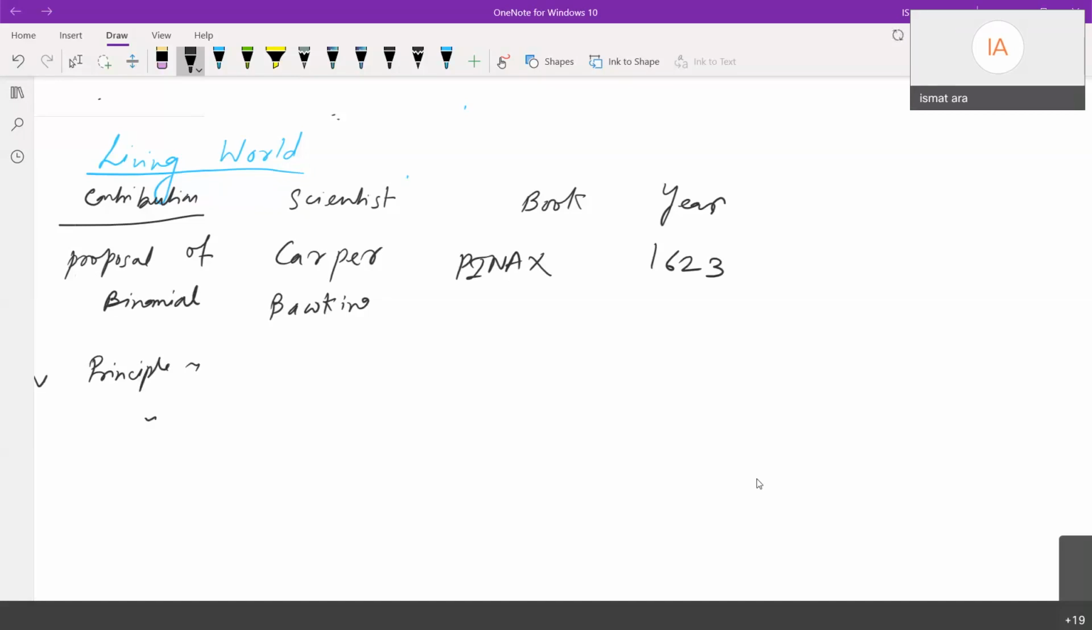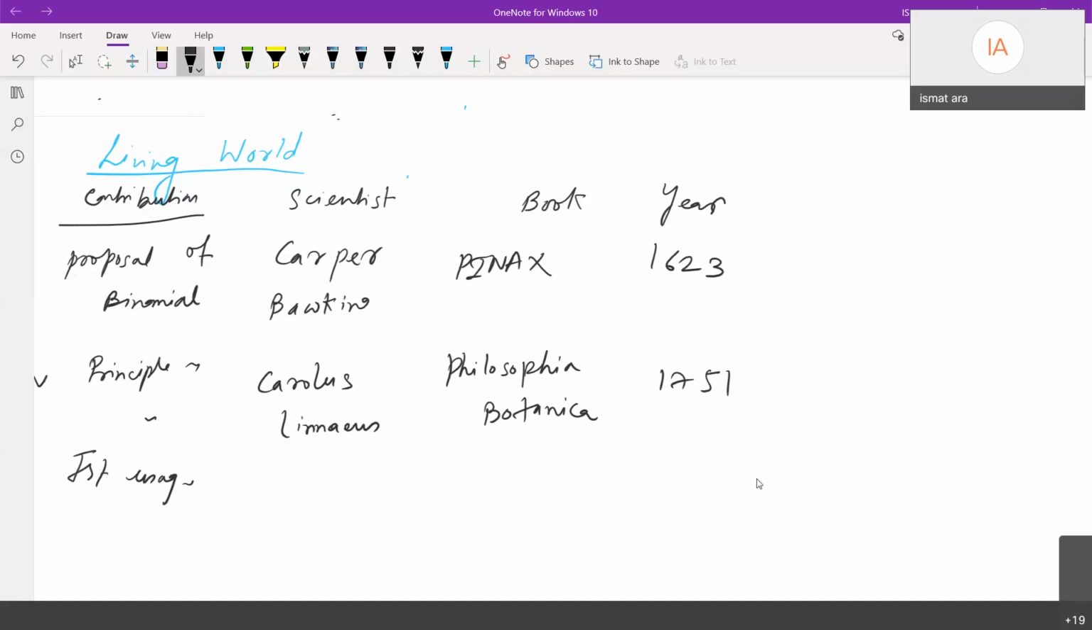Then principle of binomial. Scientist name: Carolus Linnaeus. Book name: Philosophia Botanica. Year: 1751. The first usage, the first time binomial nomenclature was used, was by Carolus Linnaeus in the book